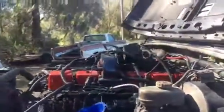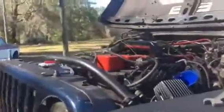Got the radiator in. Electric fans out of the Ford Contour. It's got the Flex-A-Lite controller. I gotta wire that in. I got all this wiring kind of just thrown up on top of it. I was just running it, trying to get this